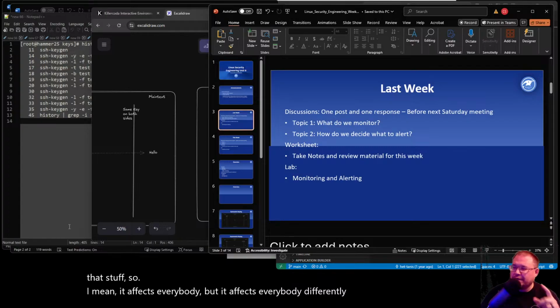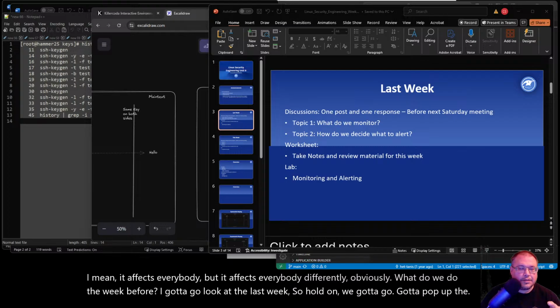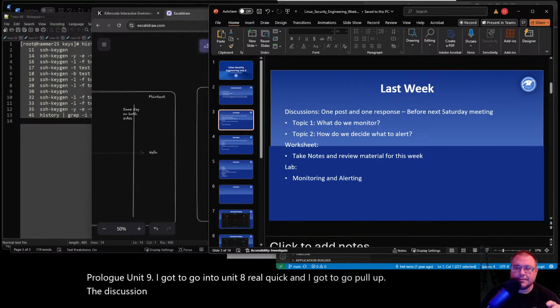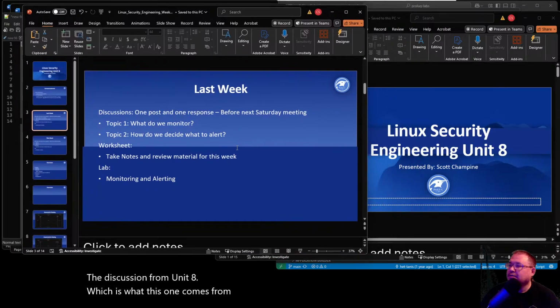What did we do the week before? I've got to go look at last week. Hold on, we've got to pop up the prologue unit 9. I've got to go into unit 8 real quick and pull up the discussion from Unit 8, which is what this one comes from. And what was this week?